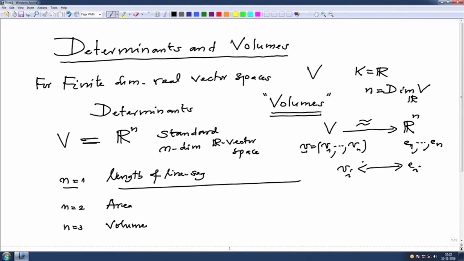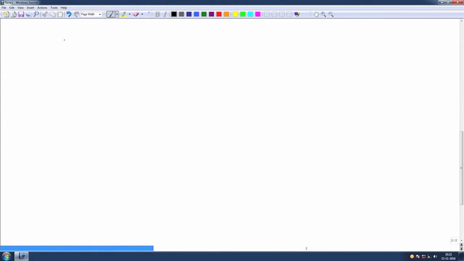So, first I will recall what we assume about volumes, or what properties of volume I would like to use. I will not construct what it is and define it exactly, but I will state the working properties that we will use for volumes. So, I am recalling about volume, and as you see this term was used only for n equal to 3.